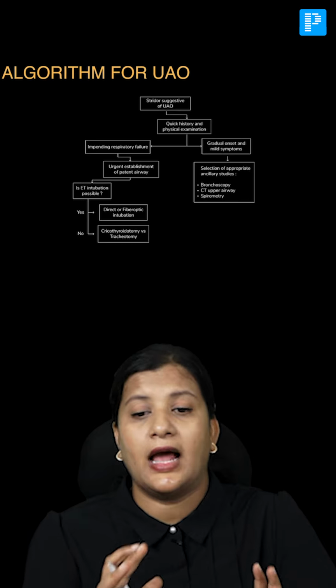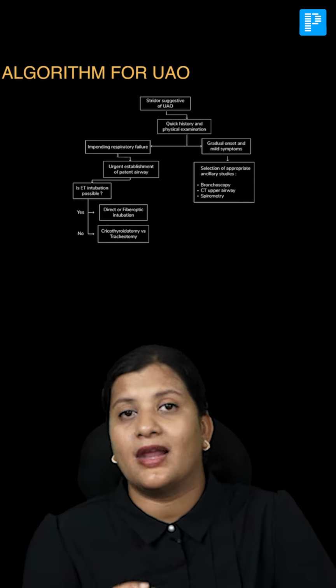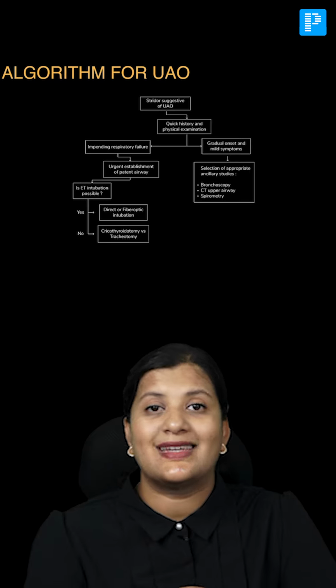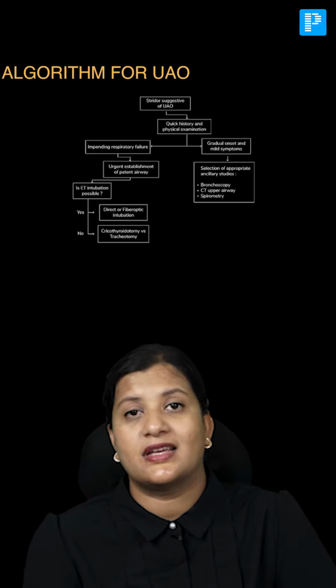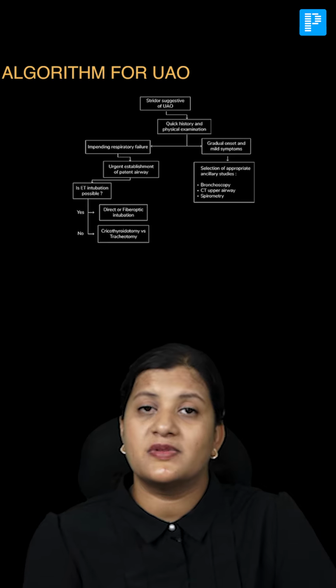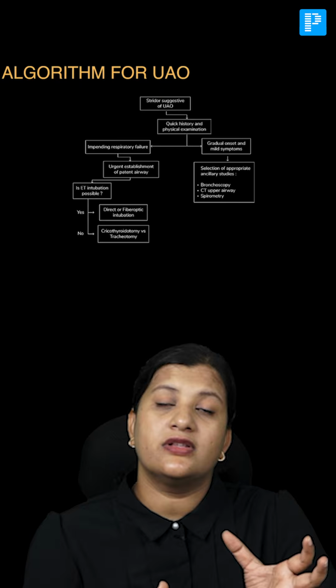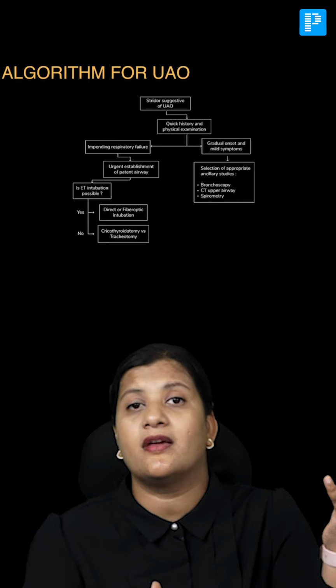Now, what is the algorithm? First, whenever a patient is presenting to you with an upper airway obstruction, a quick history and physical examination should be done. Now, when you do a quick history and physical examination, you will understand, is there a gradual onset of symptoms and mild symptoms, or a sudden onset of symptoms with severe symptoms and the patient is having an impending respiratory